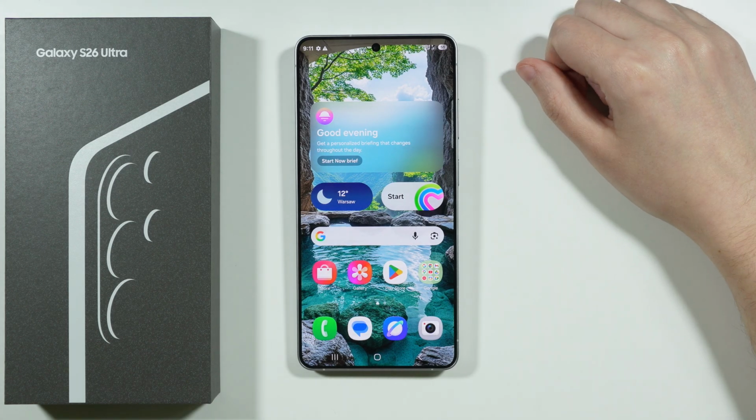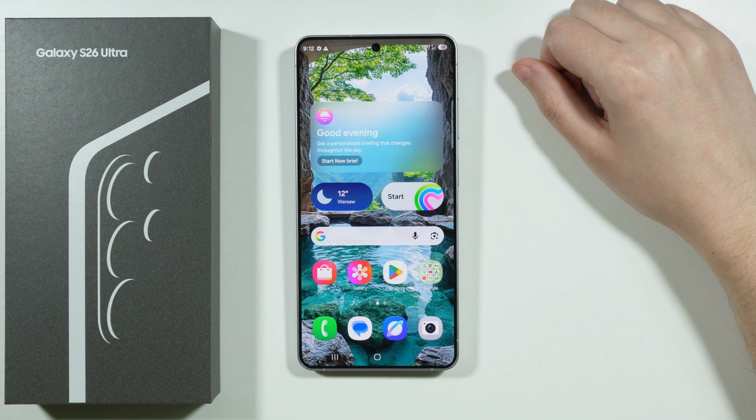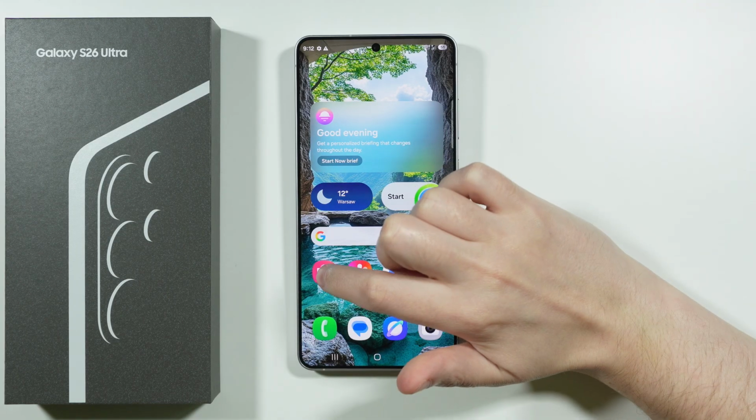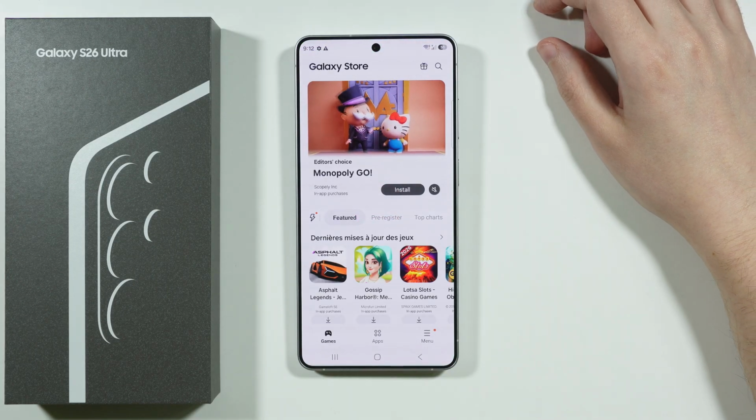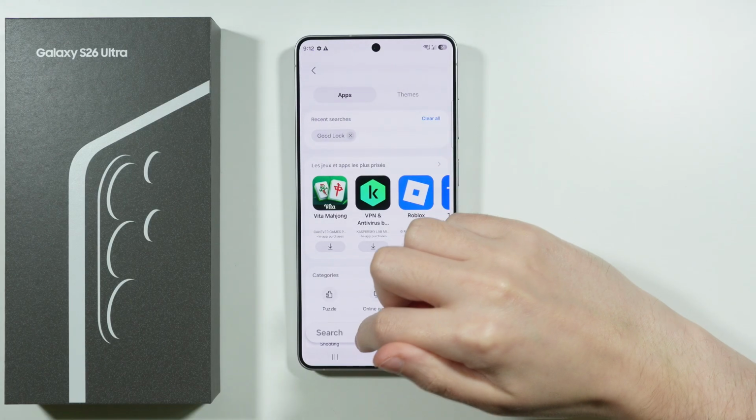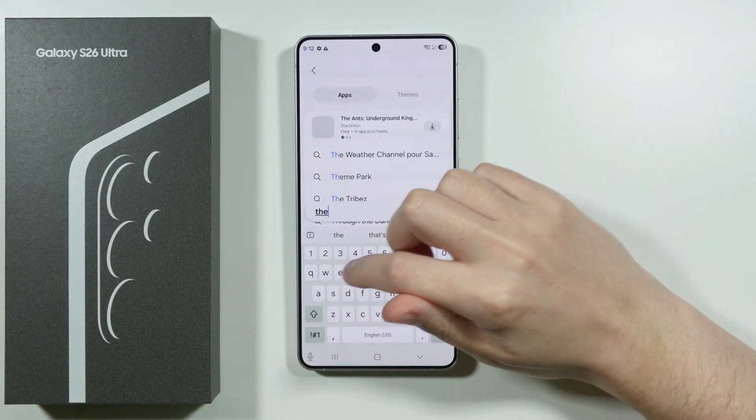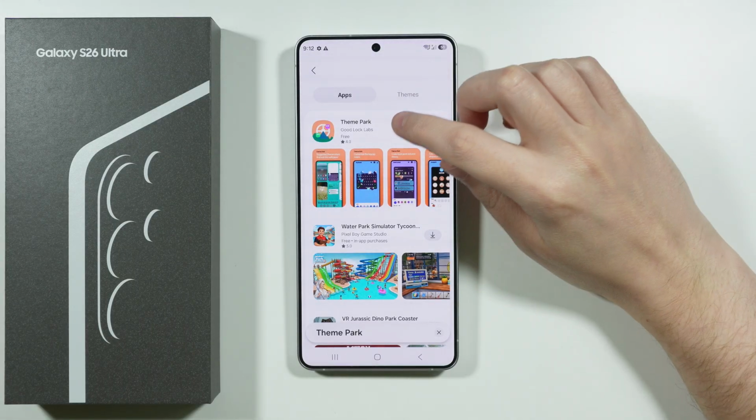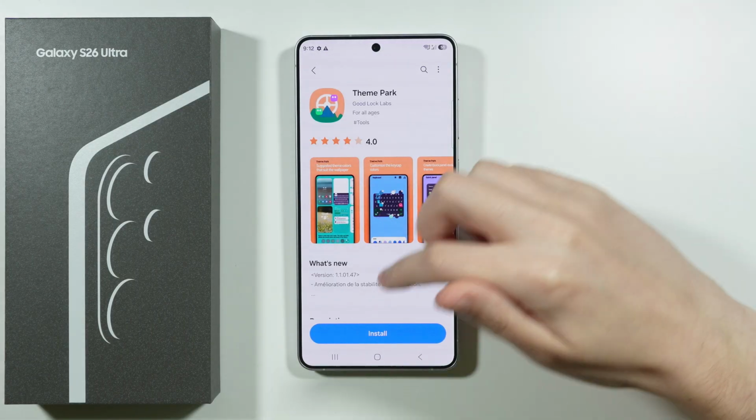If you want to change icon shape on Samsung Galaxy S26 Ultra, if you want to create your own custom icon style, then in this case we want to go to the Galaxy Store. Over here we're going to use the search button in the upper right corner, and then you can search for the theme park, which is an app provided by Good Luck. We're going to install it,